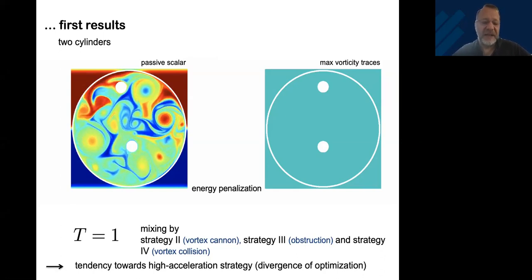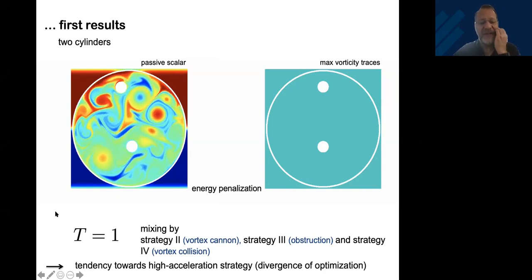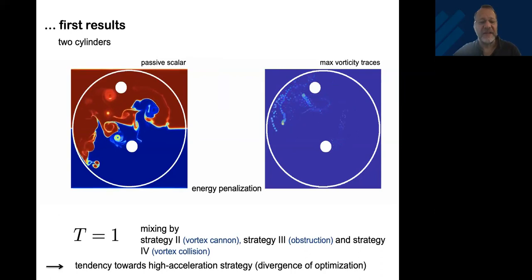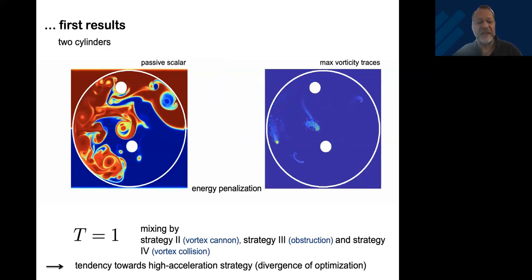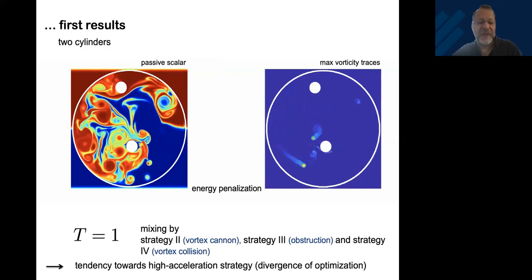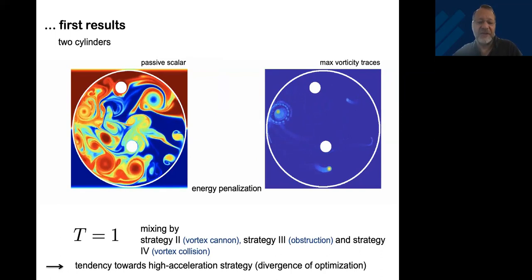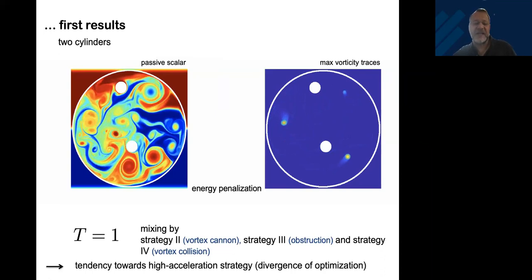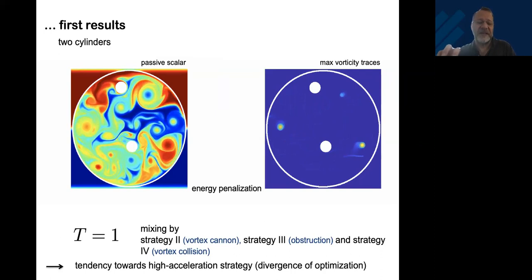I'm going to go back. It's going to play in a second. You see there is also a jerky motion in the beginning. The vortices shoot through the interface and stir it up. We have a collision here that is in the obstruction category. You see that plenty of these vortices are bashing into each other or into the wall. So it's quite complicated, but more or less it follows the same strategy. The stirrers don't go through the interface, they shoot from far.